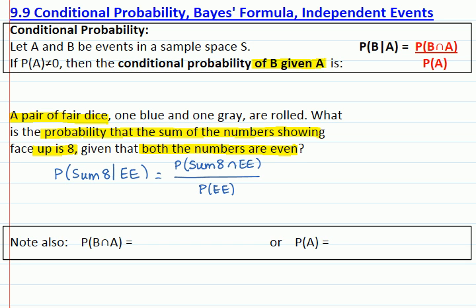Now, the sample space of rolling 2 fair dice has 36 outcomes,